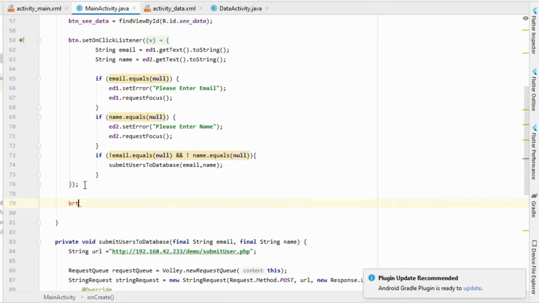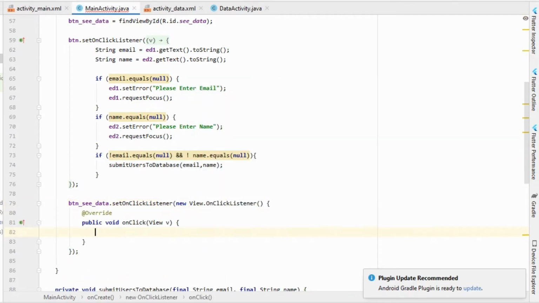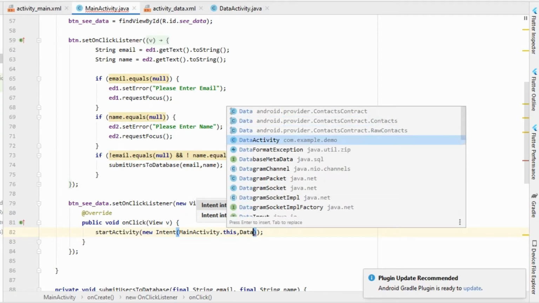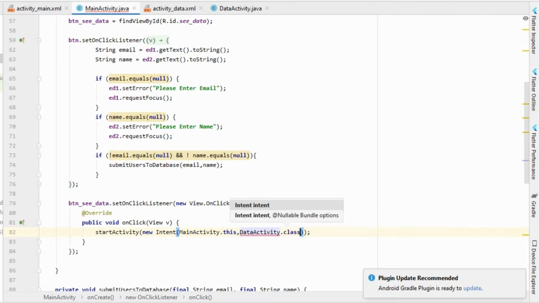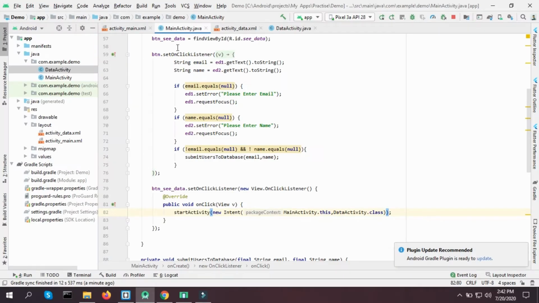Now let me just button underscore c data dot set on click listener new on click. I'm gonna start new activity, start new intent this, and we'll pass main activity dot this and data activity dot class. So to show data, we are going to use